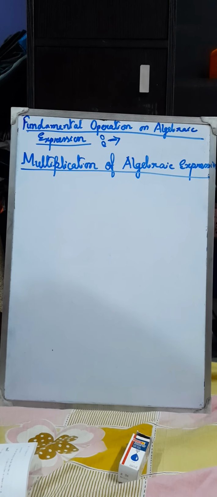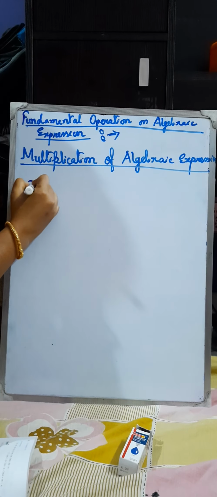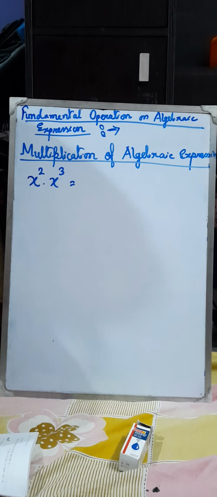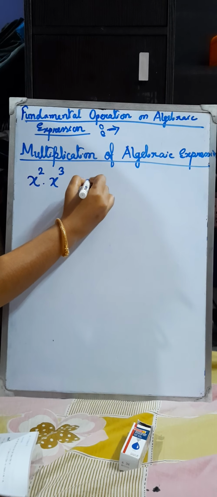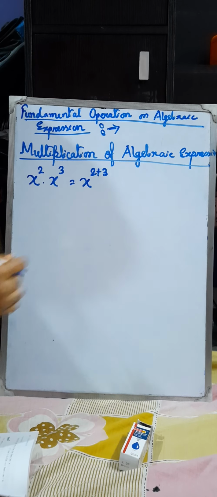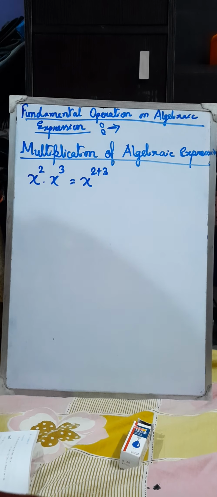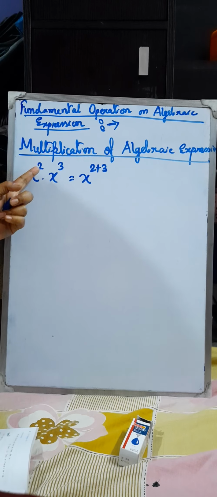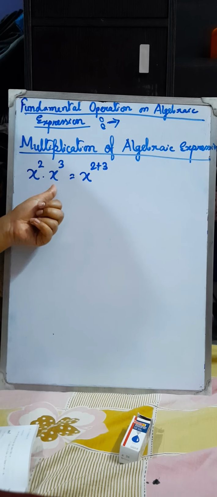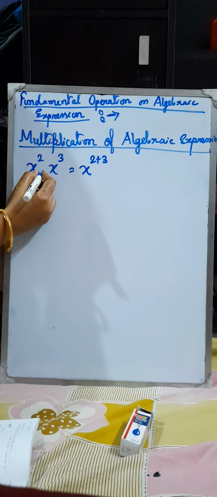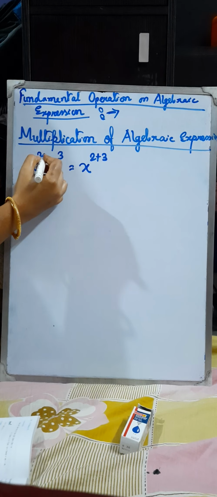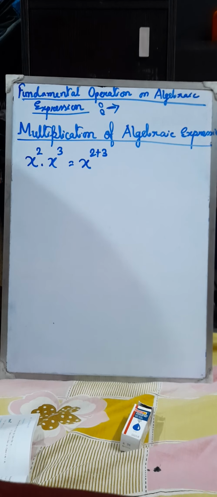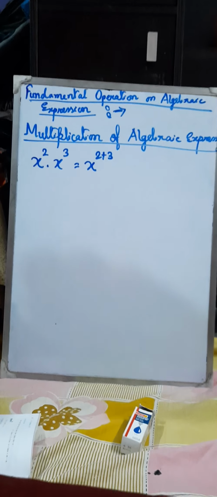So you know, in exponents, if it is given x to the power 2 into x to the power 3, what do we do over here? We have to do x to the power 2 plus 3. Here the power of x is 2, and here the power of x is 3, both in multiplication form. So in that case, the powers will be added. This is called the law of index, or you can say the law of exponents also.